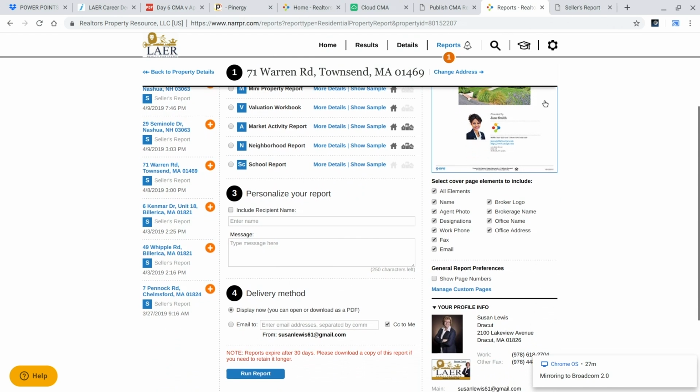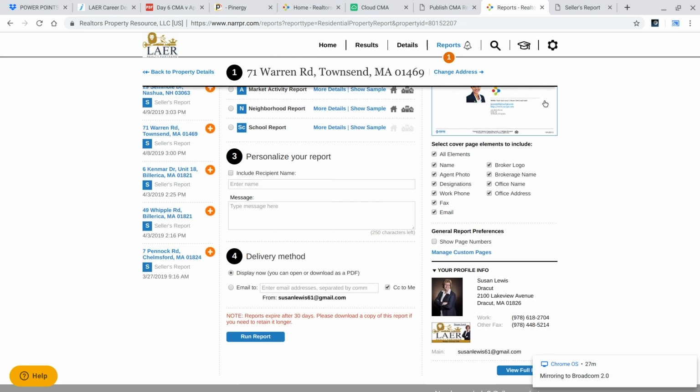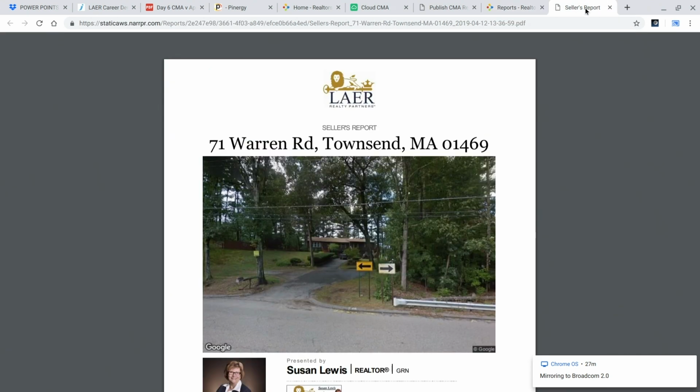If, on the other hand, you're kind of content with the number, and this is a past client, you sold his house 5 years ago, and this is January, and he's like, yeah, I'm thinking the middle of May I may list my house. You could send this to him as a precursor of what the market has done, and then you could also say to him, when it gets closer, we'll fine-tune the number. But this just gives him an idea of what's out there. So anyway, when you hit Run Report, and then a bell will ring 2 minutes later, out comes the seller report. Now, you're going to understand in a minute why